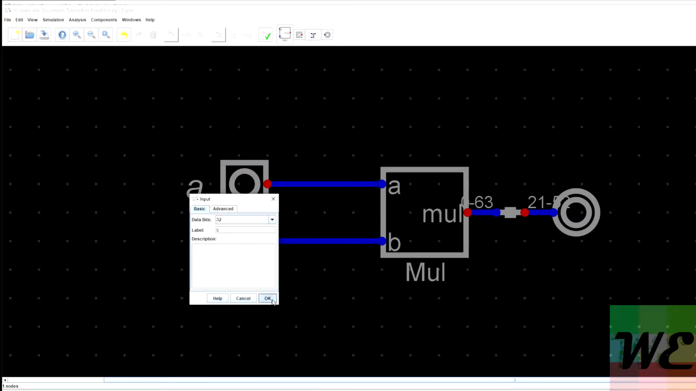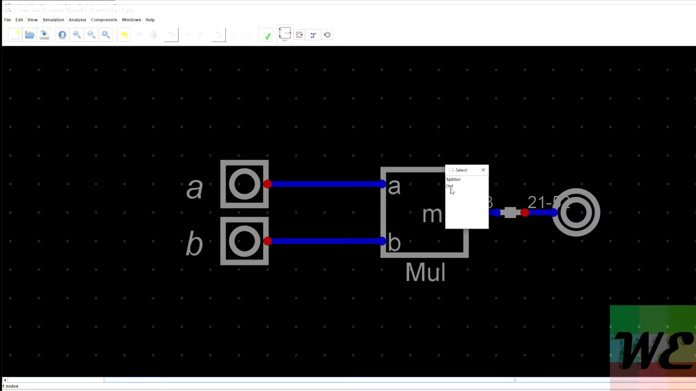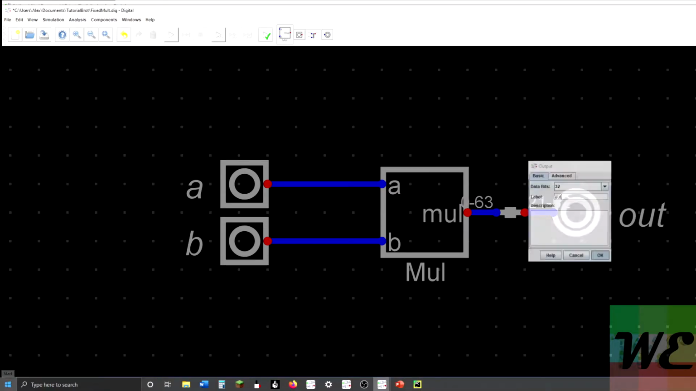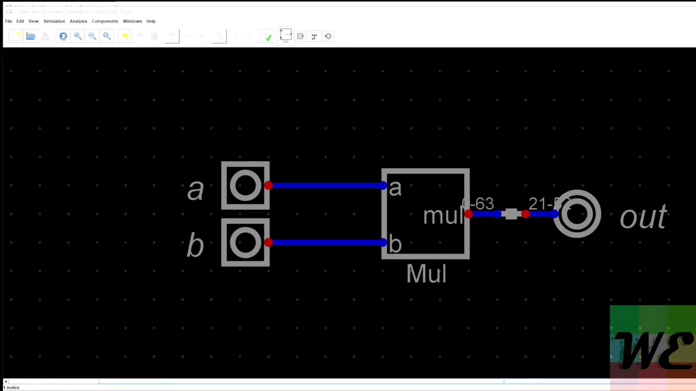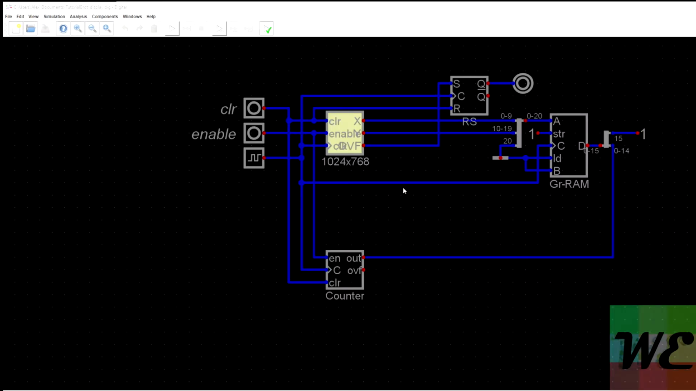Label that B. Label that out. Alright, now Control S or file save. I already Control S. Alright, now we're done. So now we're going to exit out of the circuit. We are now going to go to File,